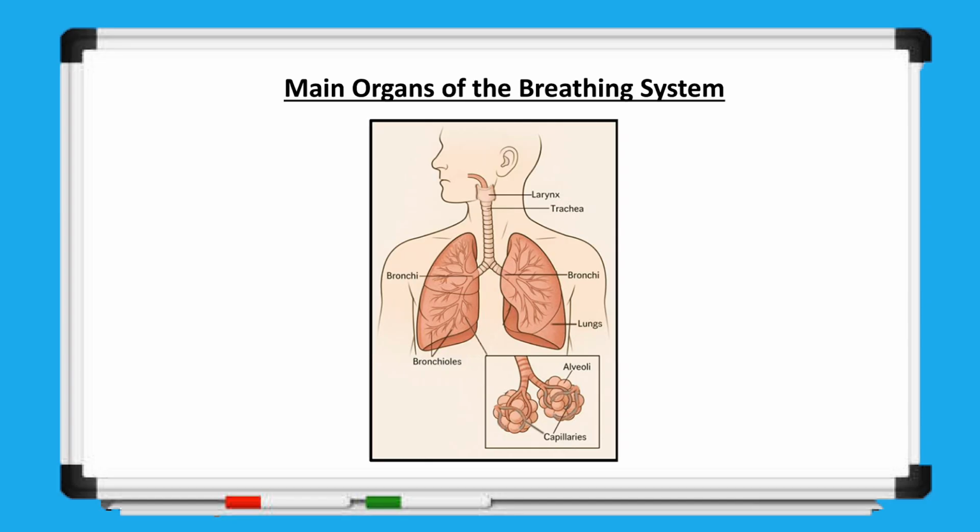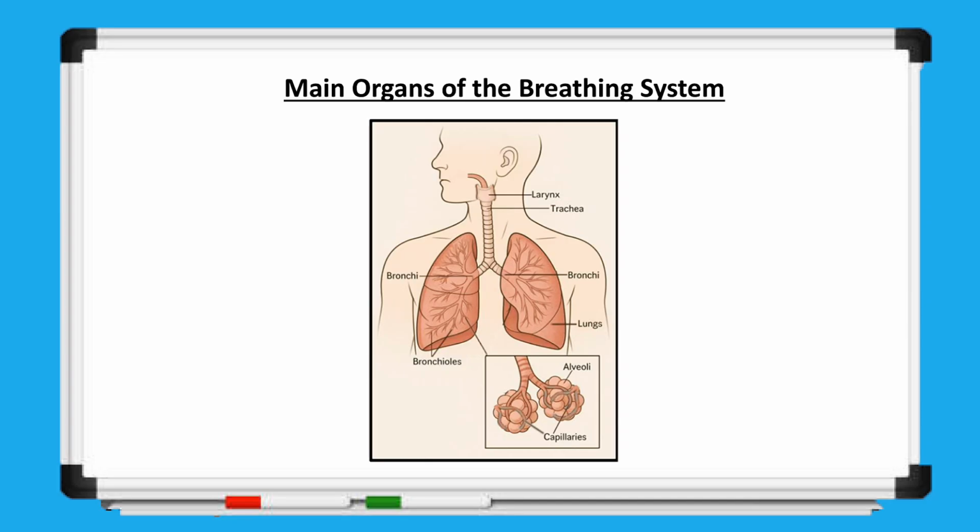The bronchioles help distribute air evenly to all parts of the lungs and carry it to the alveoli. At the ends of these bronchioles are tiny, round air sacs called alveoli. In most diagrams, they look like small clusters, similar to bunches of grapes. This is where gas exchange actually takes place. Oxygen from the inhaled air passes into the blood, and carbon dioxide moves from the blood into the alveoli to